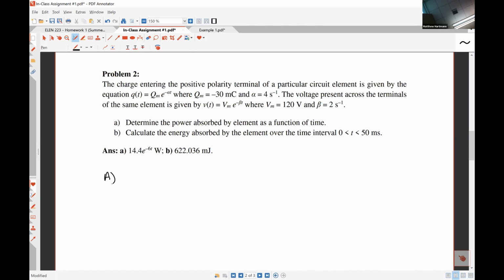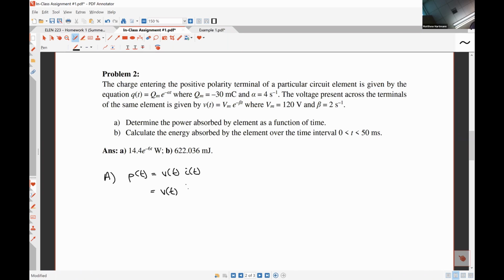We have an expression for charge and we have an expression for voltage. So what do we need to do? You need to find the current from the charge equation by taking the derivative, and then you multiply it by the equation you get for voltage. Okay, so what you are suggesting, which is correct, is that p of t is equal to V times I,